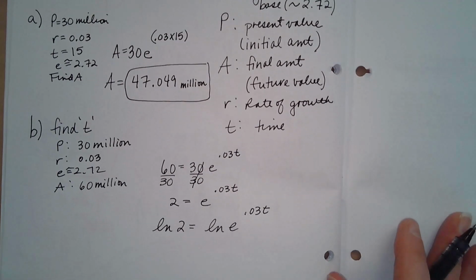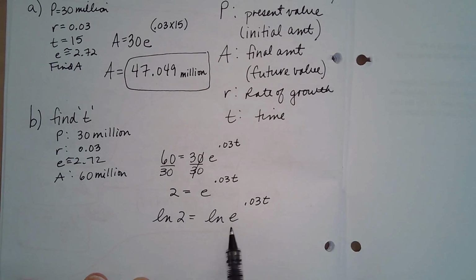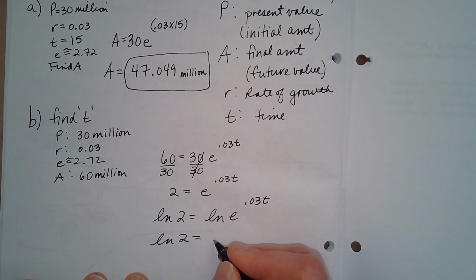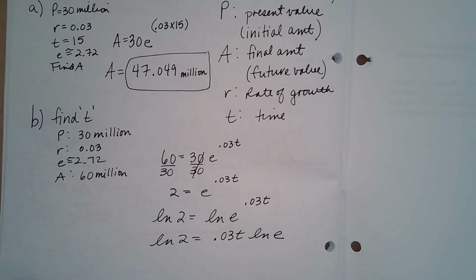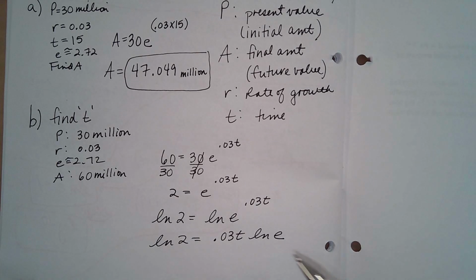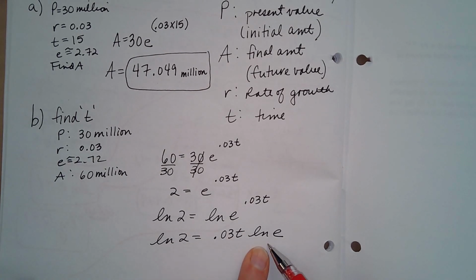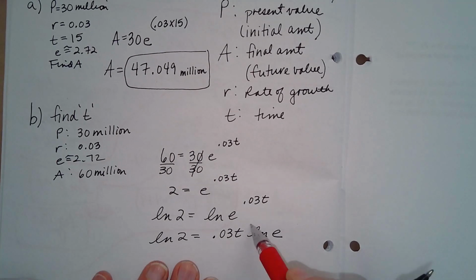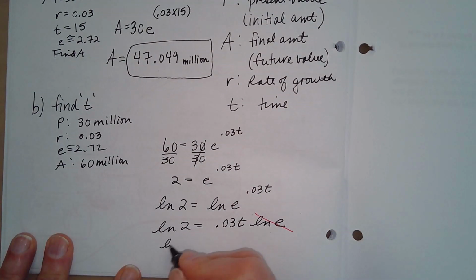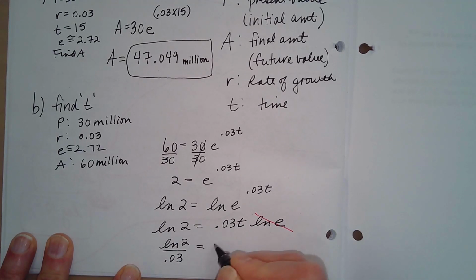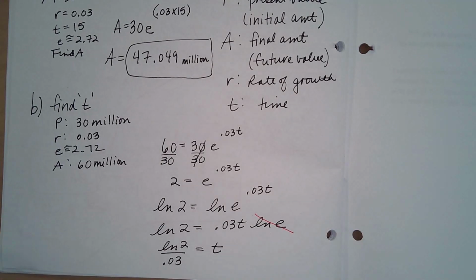Okay, so once again, ln of e is 1, because if this is my base to the power 1, it equals e. So that's gone. So that becomes quite straightforward then. ln of 2 divided by 0.03 is equal to T. So in your calculator,